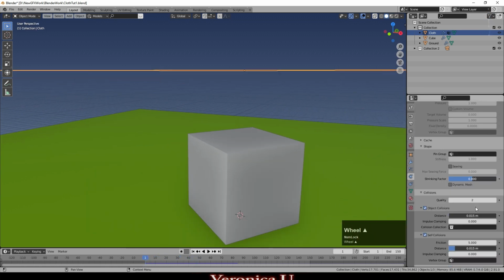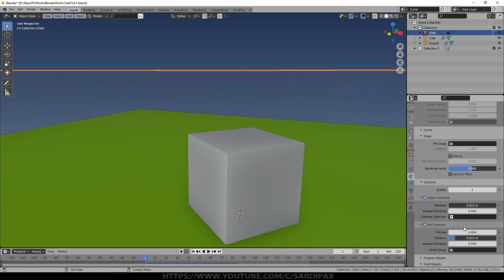Collision distance relates to the distance between the cloth and the collision object that determines a collision has happened. So you can see it's 0.015 meters here. Sometimes increasing that can help avoid things like penetration of objects that should be colliding, but generally speaking the defaults are pretty good. 0 is more likely to set a problem. You're more likely to have issues and instabilities. And if you do get instabilities, use of clamping can help. So you can turn that up there, and sometimes that will help avoid some instabilities. And again, the same thing for collisions is there for self collisions as well, and again clamping.